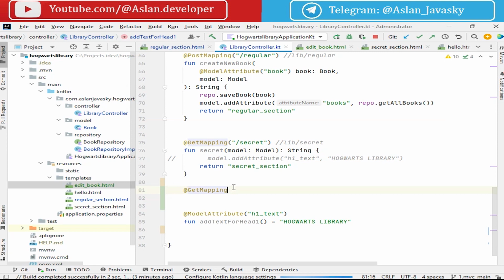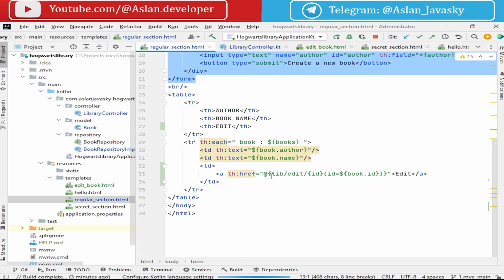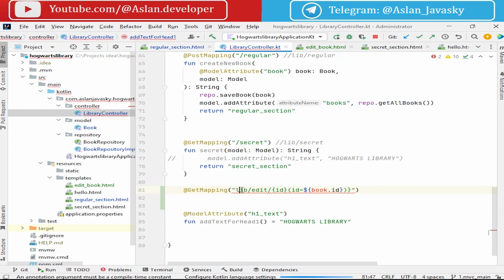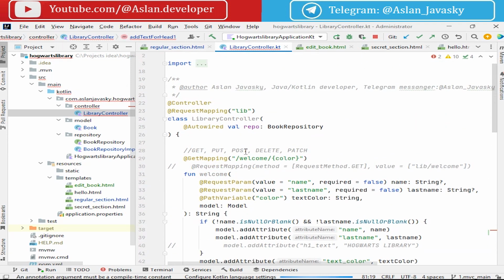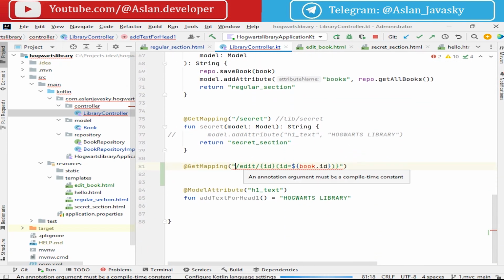Our controller, and for getting a library here, when we write edit, this edit, we will send this library with ID book ID. So let's copy it and paste our library edit. We don't write library because we have a request mapping library. All functions here firstly need a library slash, but after library we need to specify edit and specify some ID number. Okay,